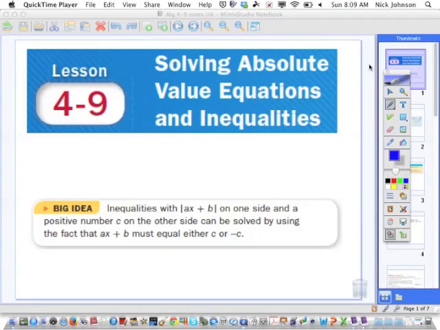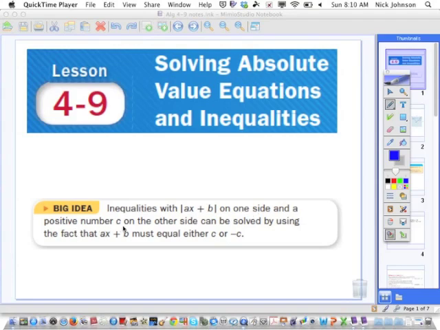Lesson 4-9, solving absolute value equations and inequalities. Okay? This is kind of like some of the steps that we had with our inequalities yesterday. So you need to pay attention to all the small details that we're going to go through today. So the big idea is inequalities with the quantity absolute value of ax plus b on one side